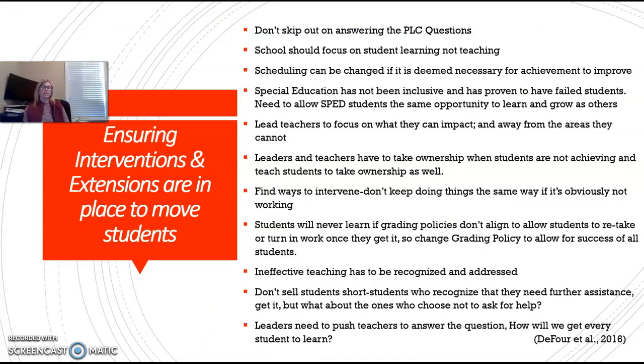Ensuring interventions and extensions are in place to move students. It's important that you don't skip out on answering the PLC questions each time you're together. The school should focus on student learning, not teaching. Scheduling can be changed if it's deemed necessary for achievement to improve. Special education has not been inclusive and has proven to have failed students.